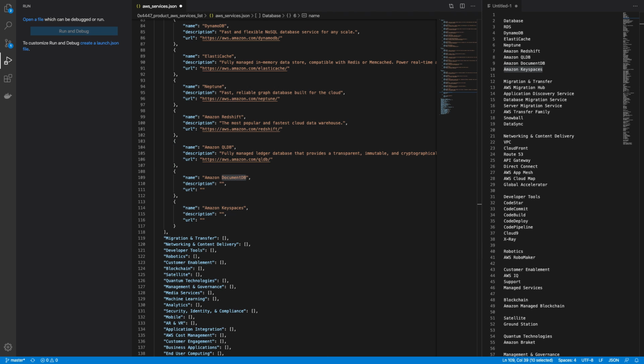DocumentDB, is that the MongoDB compatibility? We stole your idea, kind of AWS move. This is something that you should only use if you want to migrate to AWS. There is literally no point in using this. They just did it